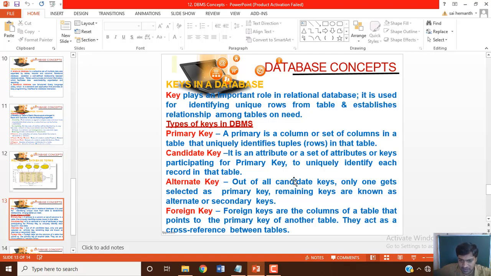Duplication cannot take place, which means one value cannot be repeated. It may be a string value or an integer value, whatever it is, it can be used only once in that particular column, and then that column is called the primary key. It does not have duplicate values in a relation.